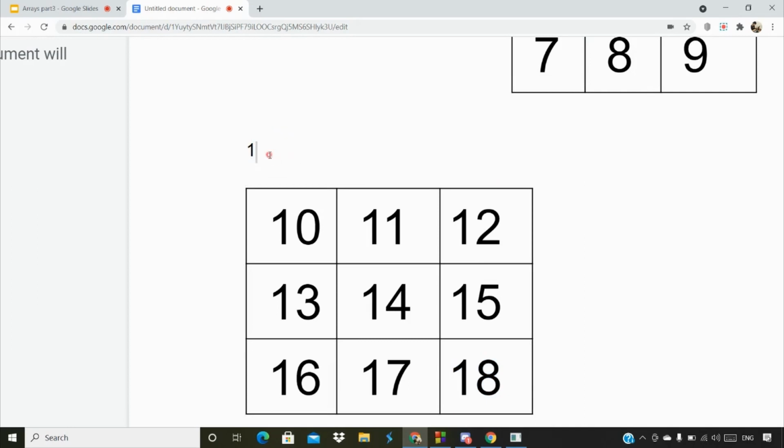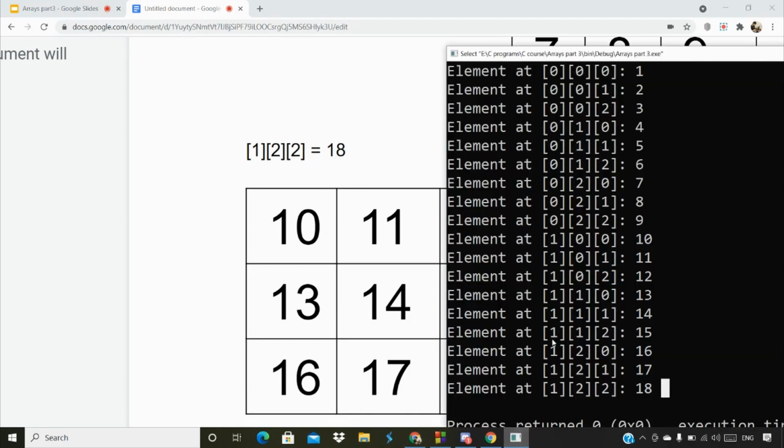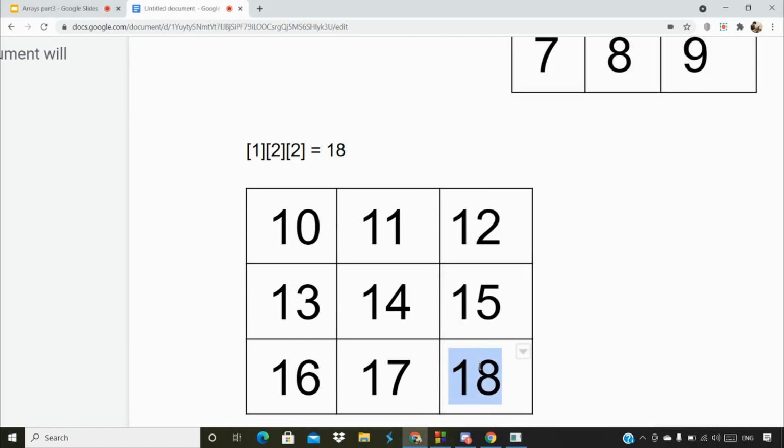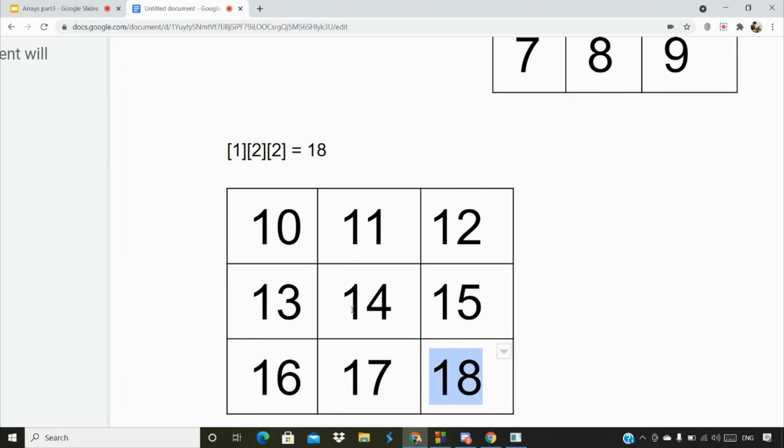It means we have to mention 1 2, I mean sorry, 1 2 2. It means you're going to get this particular 18. So that's what you have. Even when you print this particular code, we're getting 1 2 2, and the output is the same: 18. So we're printing this particular data of 18 here, and that's what we're getting as an output.